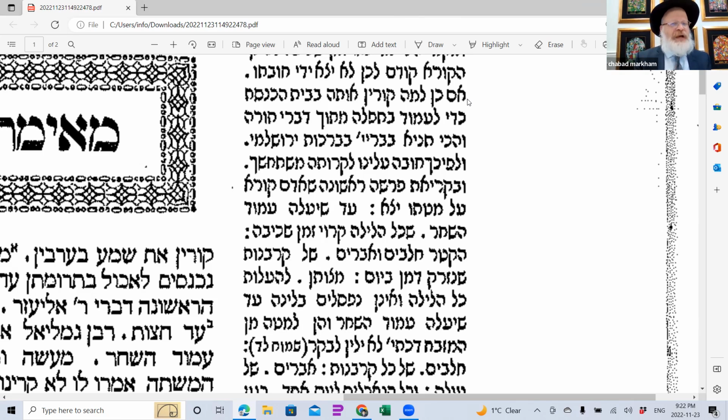Why we know that we daven Ma'ariv earlier. In some shuls they do it even an hour before sunset. They daven Ma'ariv, so we know that's okay. It's okay to daven Ma'ariv earlier, but Shema, which is part of Ma'ariv, you're not supposed to say before nightfall. So he says, why do we say the Shema in Beis Knesset earlier?